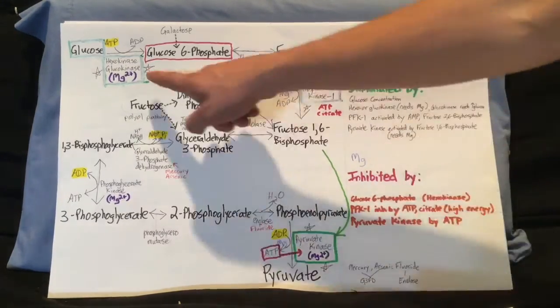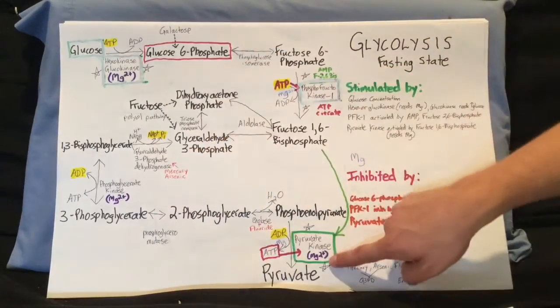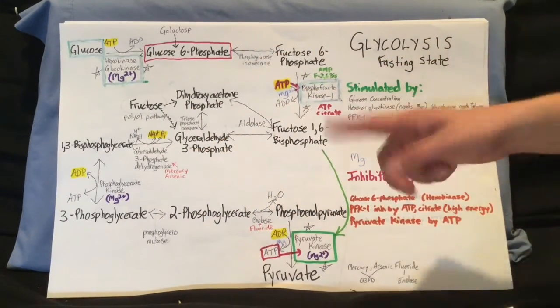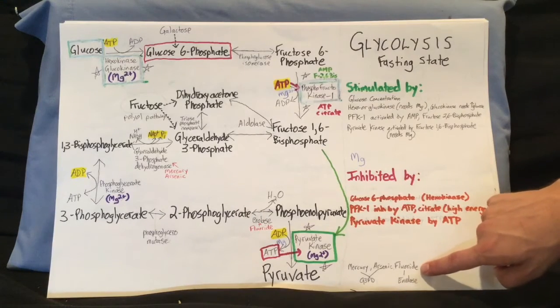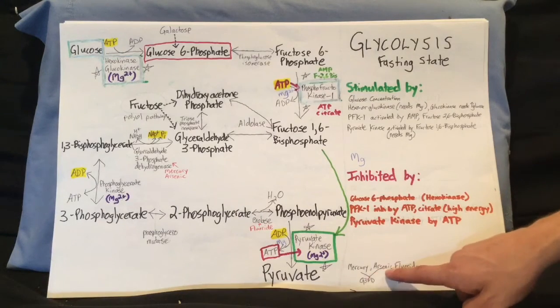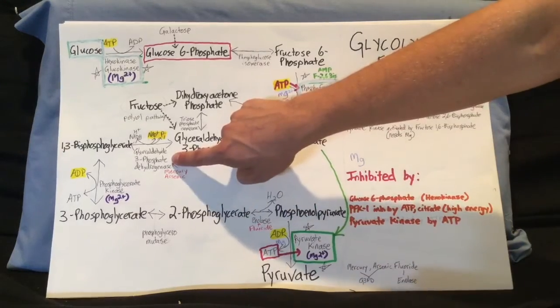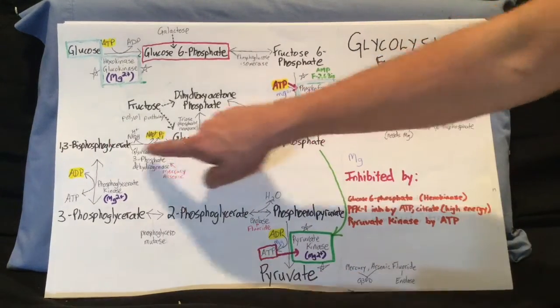We need magnesium for various steps of this pathway. Very, very important if you want to have glycolysis happen. Also, some things that can inhibit glycolysis. We have some heavy metals, specifically mercury and arsenic, which will inhibit glyceraldehyde 3-phosphate dehydrogenase in this step here, which